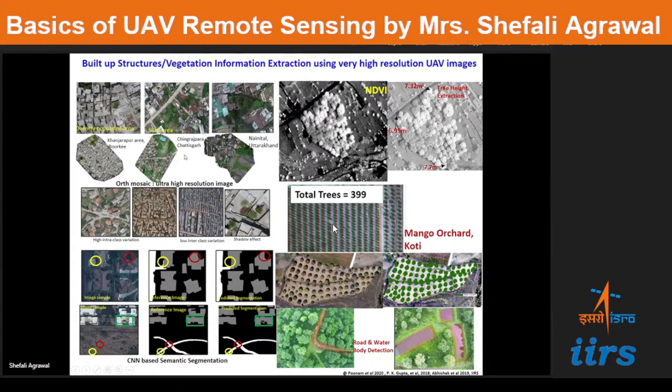So this is an example where we carried out extraction of the different kinds of urban structures and also the health of the vegetation. The mango orchard is there. So you can see the different species of mango which is there, the different ages of the mango with different height, canopy structures, and the total count of trees available in an area. So one can do it for efficient management of the orchard vegetation, and in terms of urban area, urban planning, extracting of urban built-up areas, counting the number of trees, the height of the building areas, water body, water feature